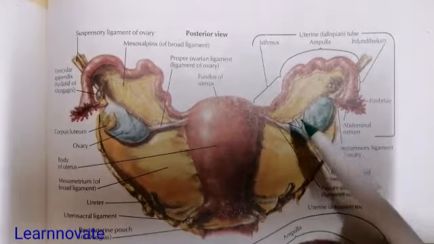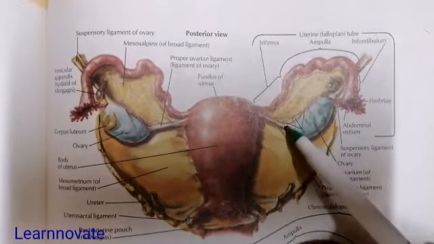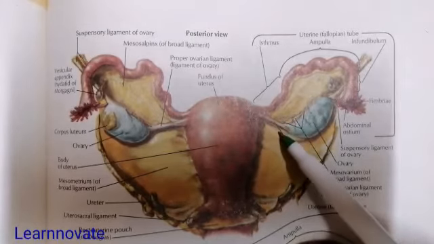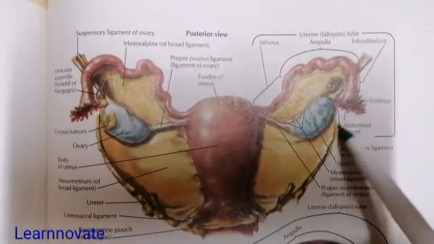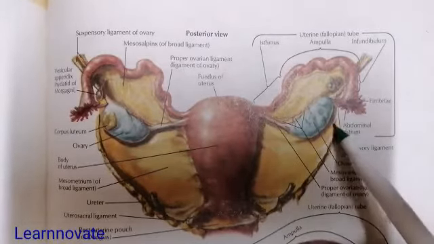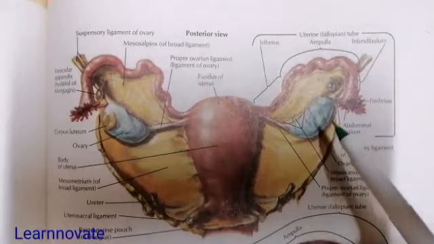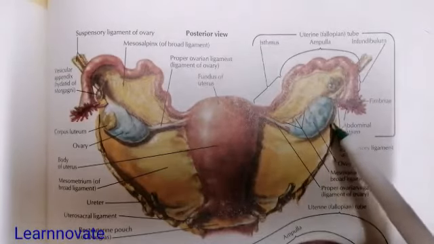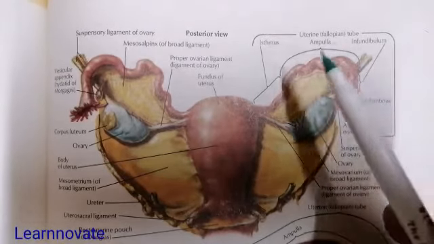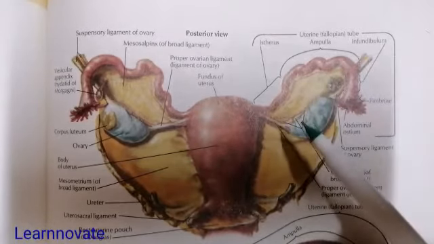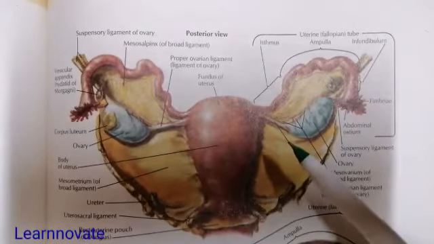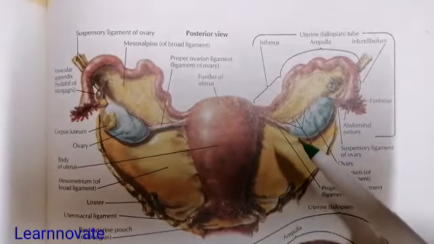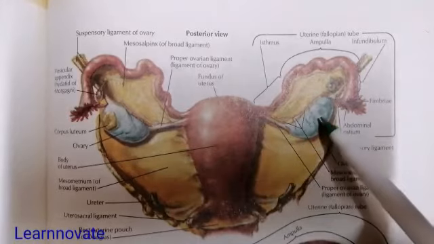The second ligament we can see, posterior and superior, is the ligament of the ovary, which attaches the ovary to the uterus. While anterior and inferior to the ovary and the broad ligament, we can see the round ligament of the uterus. That round ligament starts from the anterior inferior side of the broad ligament, then passes through the inguinal canal and enters the labia majora of the female. Now these were the three basic ligaments that are attached to the uterus.